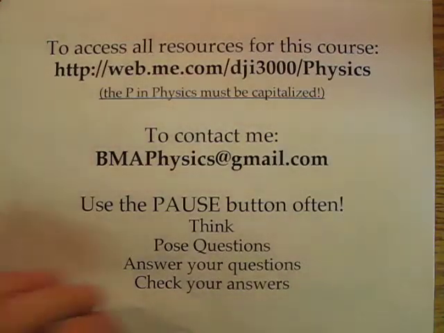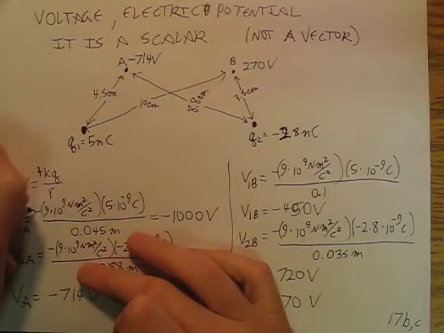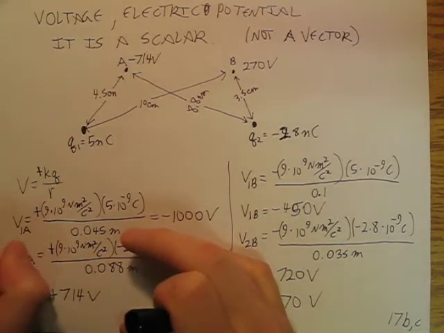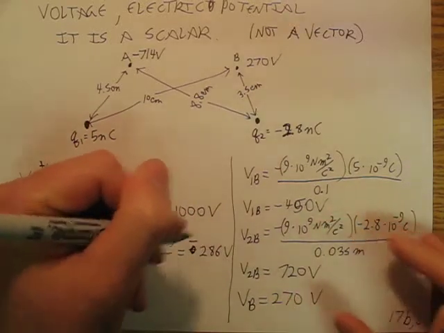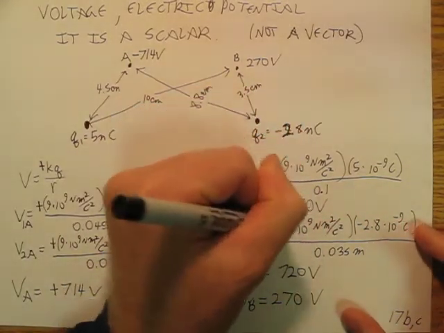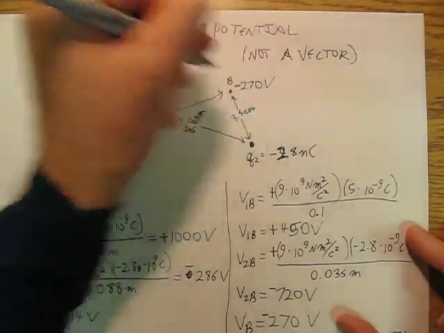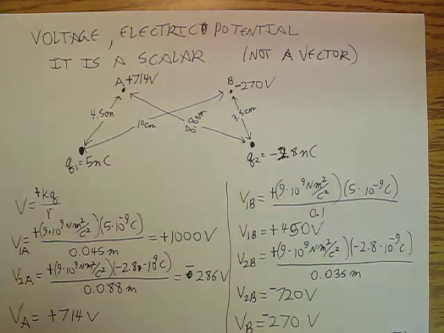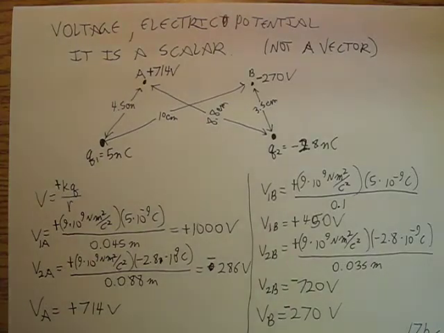So we're coming back and we're continuing to talk about voltage and electric potential, and I went back and I looked, and there's no negative in that equation. There is a negative in the gravitational equation, but not in the electric equation. So when we're talking about gravity, there's a negative in there, but not here. Okay, so what this means is